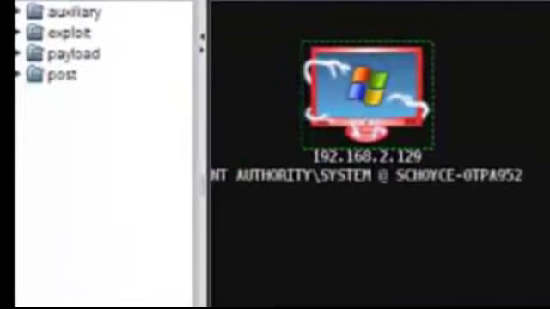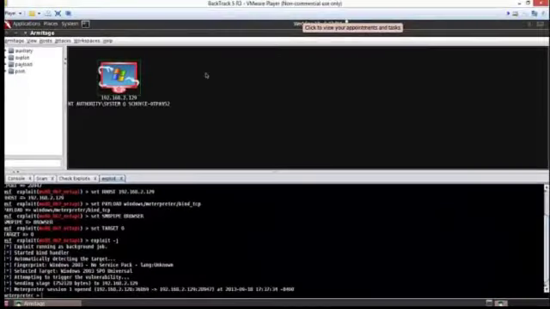You will know if the attack is successful when the icon changes. And we notice that the icon now has lightning bolts wrapped around it. That means the attack was successful. So now we should be able to remotely connect to the server